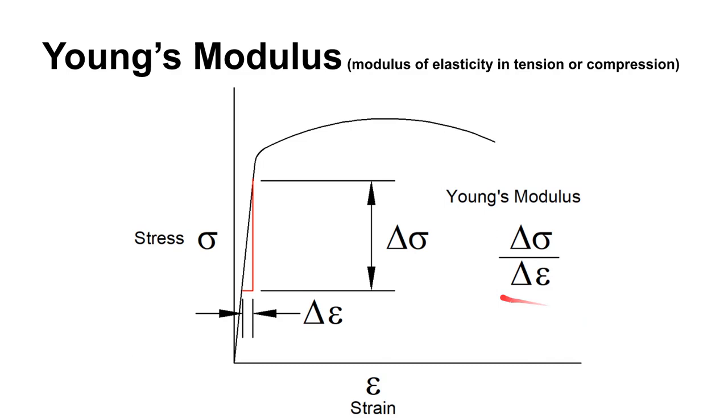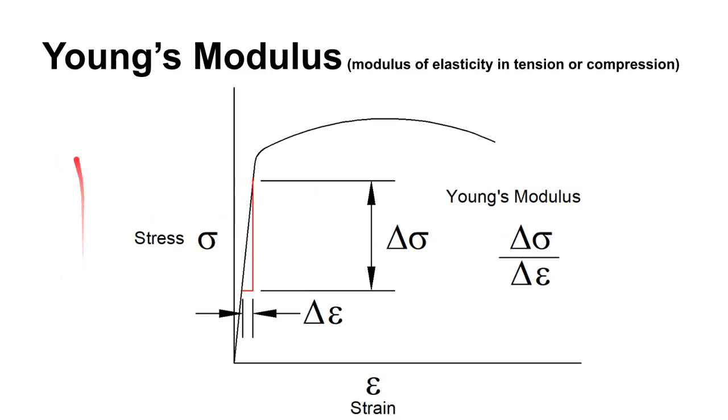Now, I don't think that I talked too much about the units of Young's modulus, but we can figure out what they would be since we know what stress units could be, like PSI or KSI or pascals or megapascals. Then we would be dividing something. Let's just stick with PSI because that's really familiar. We would be dividing the stress units, like PSI, by the units of strain. So what are strain units? Well, they're just one. They are millimeters per millimeter or inch per inch, and those units cancel out, and so we're left with units for Young's modulus, or the modulus of elasticity. We are left with stress units.